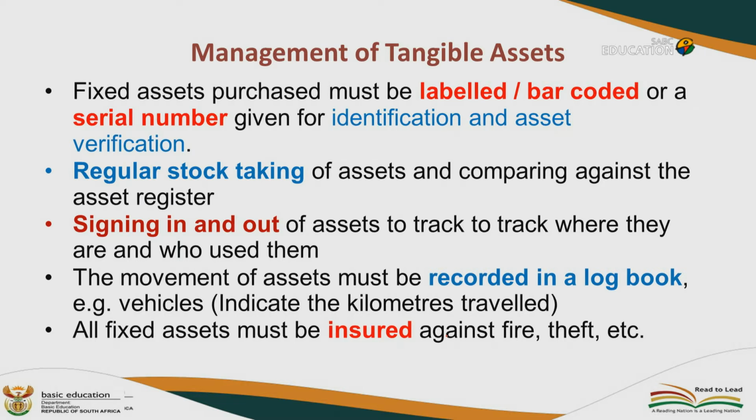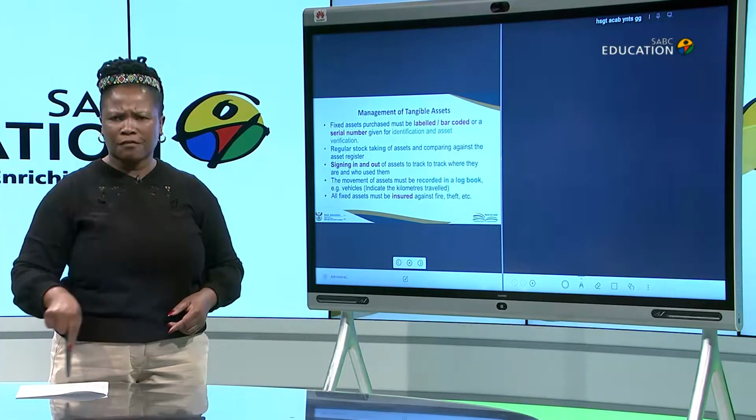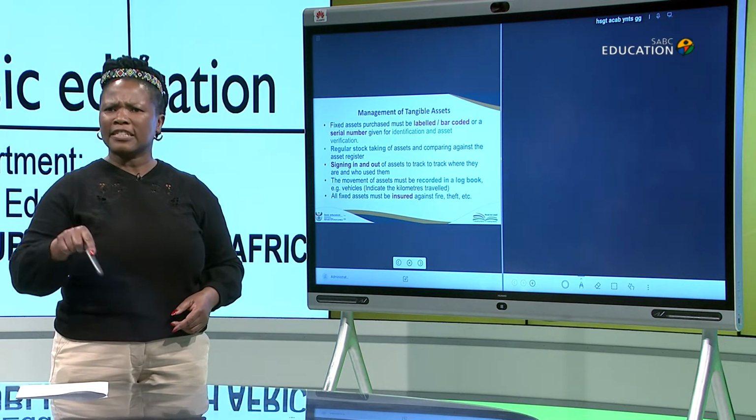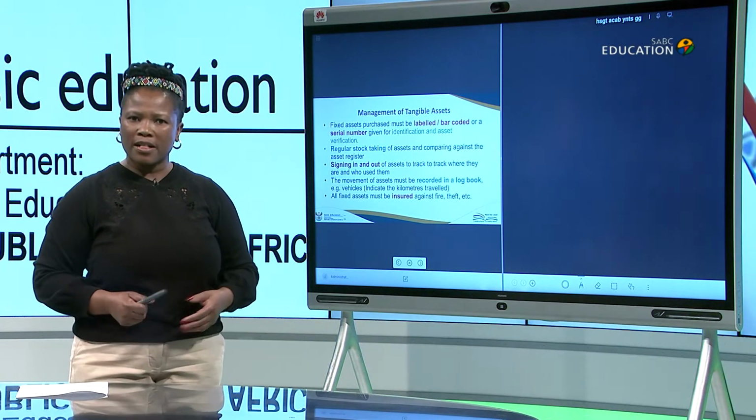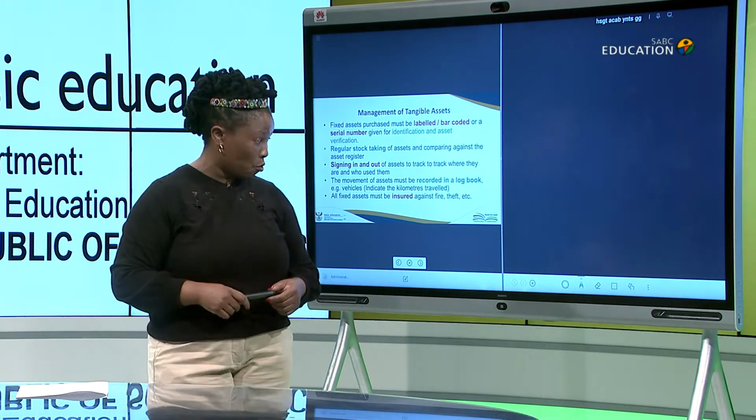And then let us look now at the vehicles. They must be recorded in the logbook. They have to be recorded. If somebody is going to take a vehicle, an employee, he must record the kilometers at the point of departure. And then when he comes back also, he has to record the correct kilometers. But that can only happen if somebody in a senior position is going to monitor that process, because many employees can take advantage of that. They can decide to take the assets of the business, run their own errands, and knowing very well that nobody is checking what you are recording. So it's very key that you